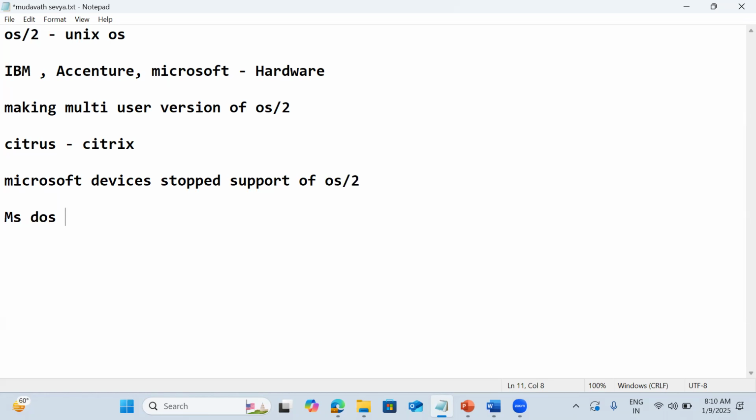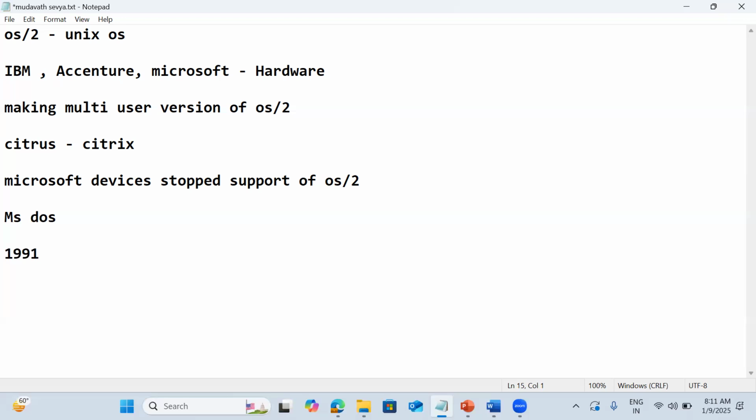They stopped the support of OS2, but by 1991, after almost 2 years of R&D, Citrix had developed a multi-user version of OS2. But that was a huge failure in the market.